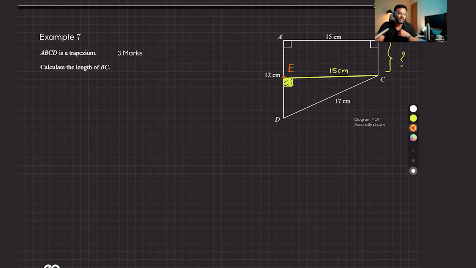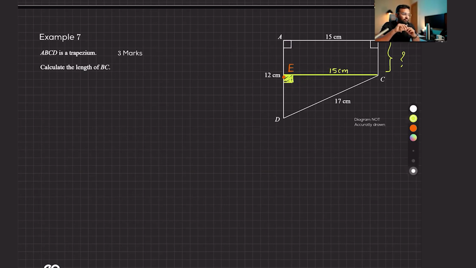Now, which side can we work out? Which side can we work out? Sorry, guys. When I look on this screen, I have a little bit of OCD, which I need to fix. There we go. It's more of a straight line now, isn't it? There we go. Which side are we working out?